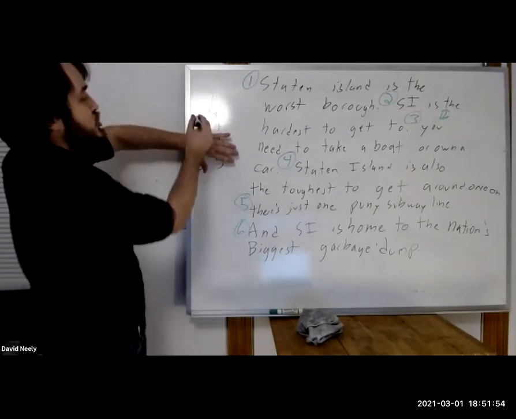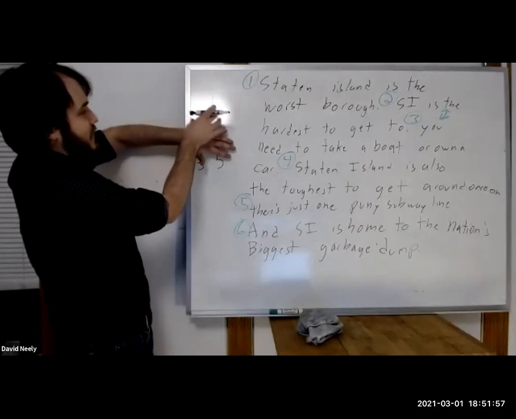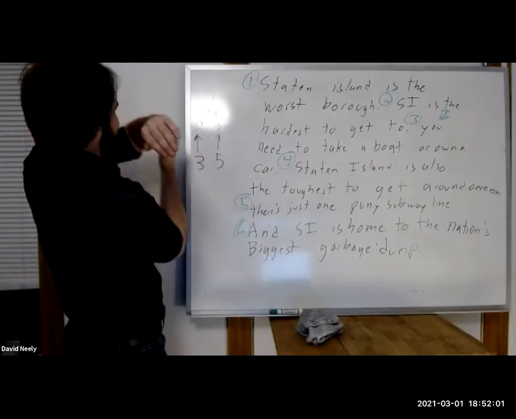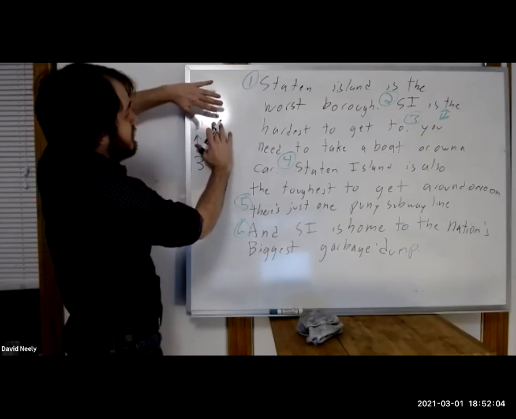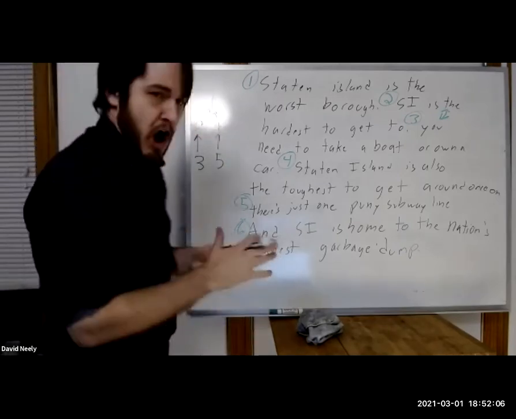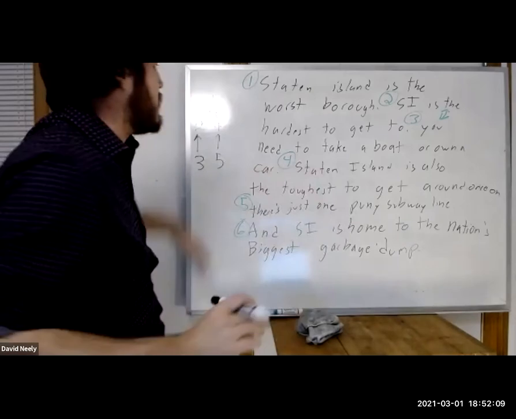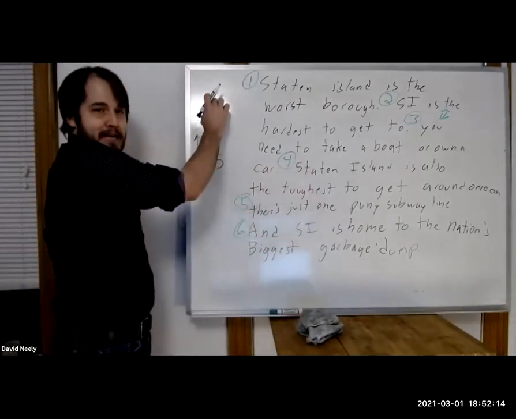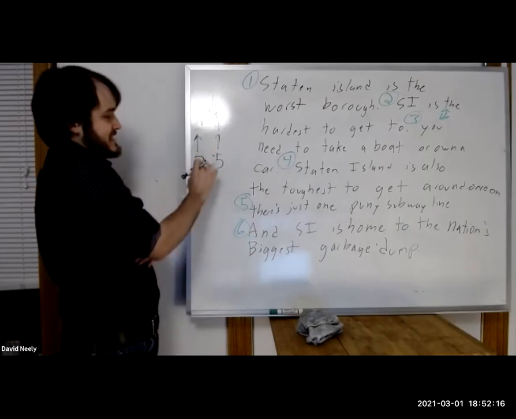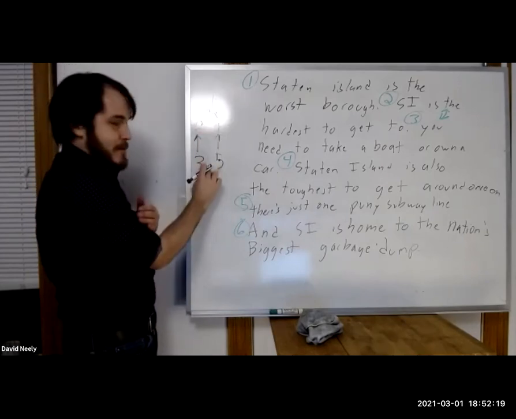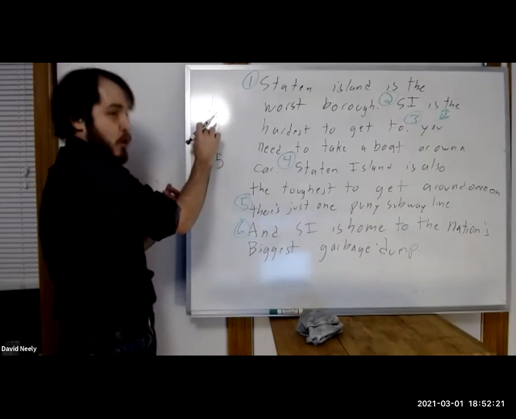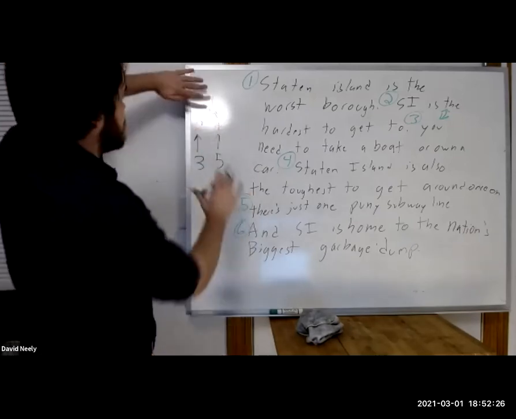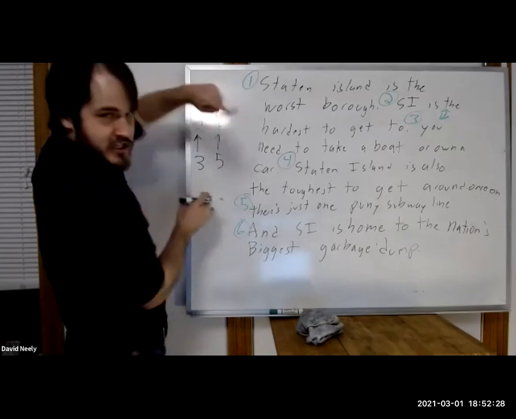And now we see 2 and 4 are two separate convergent premises to prove 1, but each of those has its own serial premise as well. So this is why it's tough to talk in terms of premises and conclusions here, or reasons and conclusions, because this is the ultimate conclusion. However, this is not a premise for that conclusion. It's a premise for a sub-conclusion or a partial conclusion, so there's not really good language. So it's much easier to think about them in terms of relations to each other.